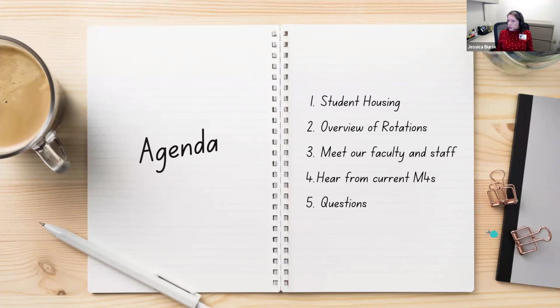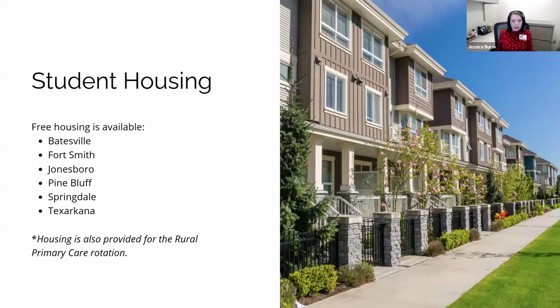All right. So student housing, we do have free student housing at the locations listed here on the slide. Some of you may have already utilized the housing during your junior clerkship rotation or be using that coming up. So some of our locations have one bedroom apartments, others have a two-bedroom apartment. If you are in a location with a two-bedroom unit, you will have a bedroom to yourself, but you'll share the common area. And in most cases, you'll be sharing the apartment with another medical student, but in some cases, it may be a pharmacy or PA student, just depending on how busy the rotation is that particular month.